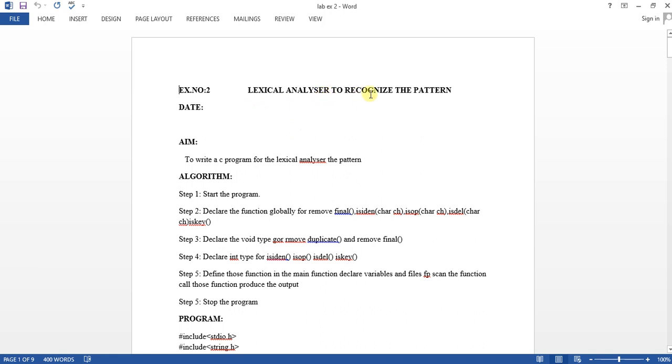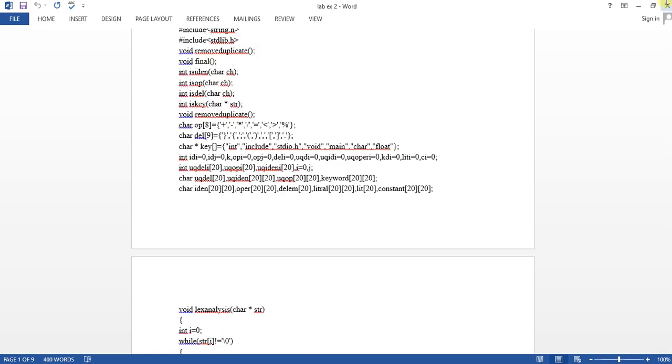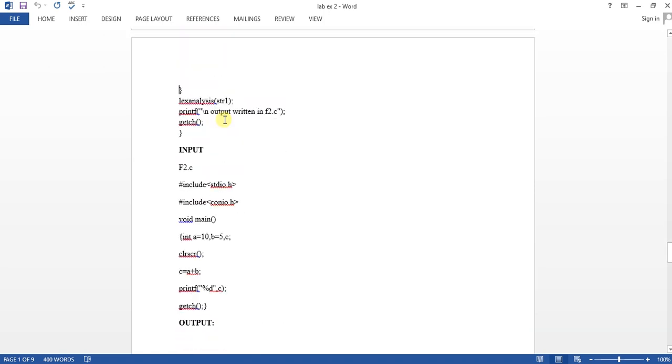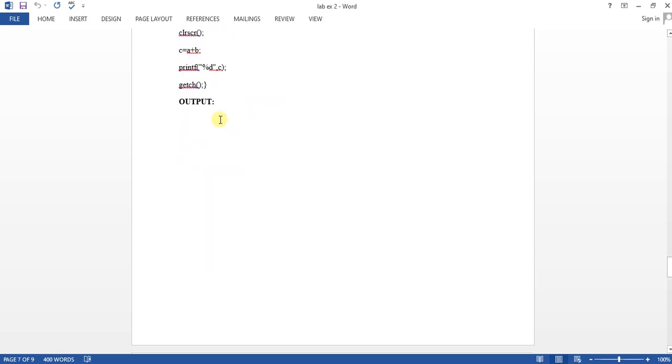Lexical analyzer to recognize the pattern. For this experiment you need to install Turbo C++ on your local machine. Here you can see this is the program. You first have to save the program as a .c file, for example lab experiment .c. For this program we have to give one input called f2.c.